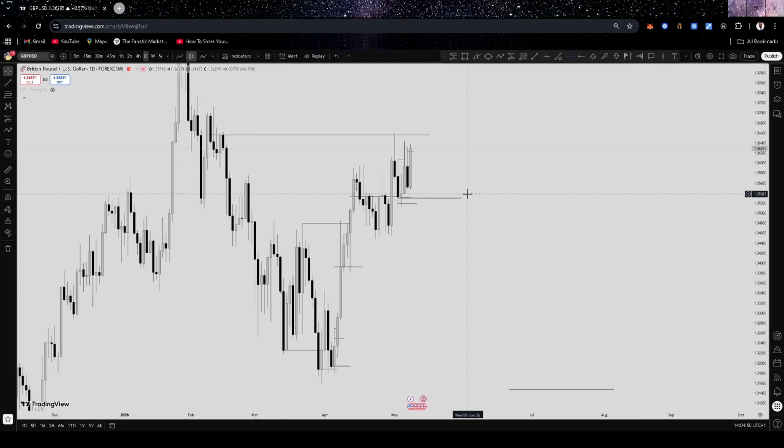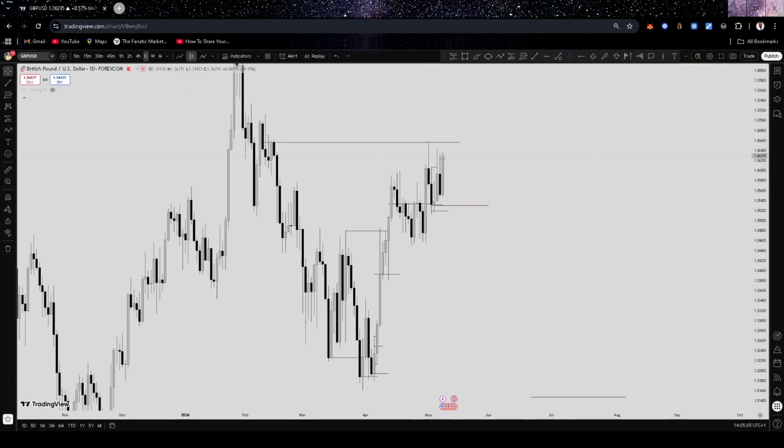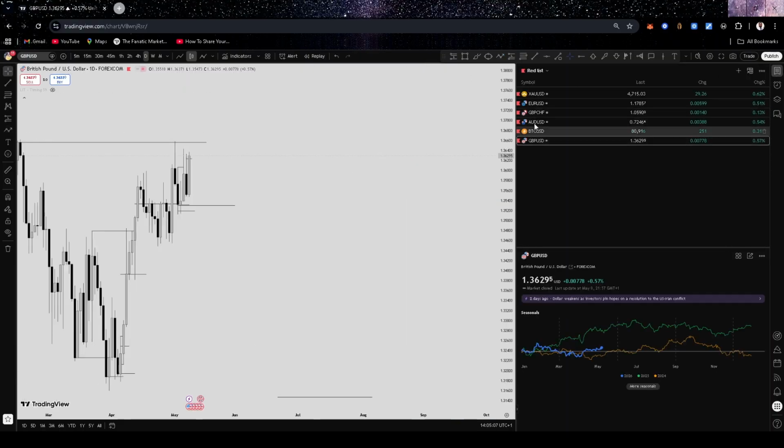So this is what I have for GU. I'm expecting GU to either pull back here, give me a confirmation entry around these two key levels. But the extreme is my high probability. If I can get a confirmation entry right here, I'm going to buy this pair. So let's check